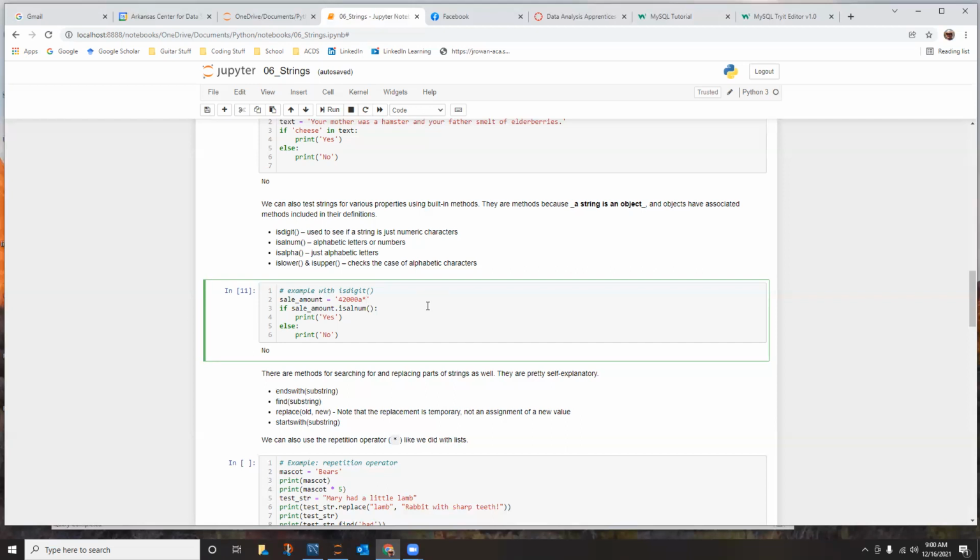Now the upper and lower, I'm curious: if we have a number, what is lower going to return? So it's not lowercase. And is upper? It should say no too. No, because it's neither, because it's not alphabetic. So that's the beauty